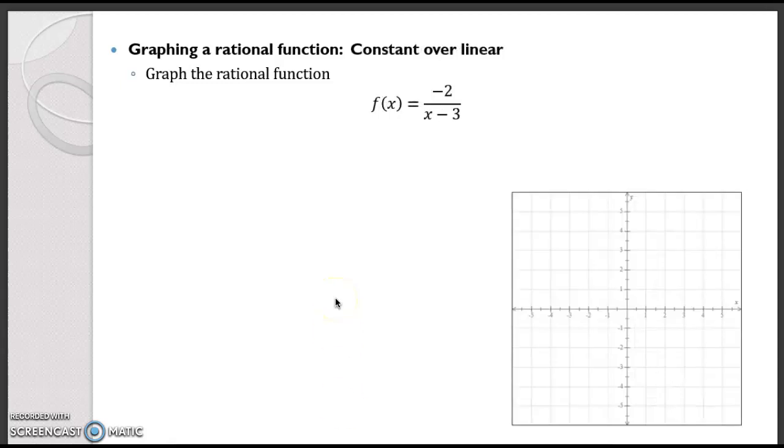Hey everybody, in this video we're going to talk about graphing a rational function, constant over linear. So let's say we're given the function f of x equals negative 2 over x minus 3. Now before we go on to this problem, let's talk about the steps we're going to do for any rational